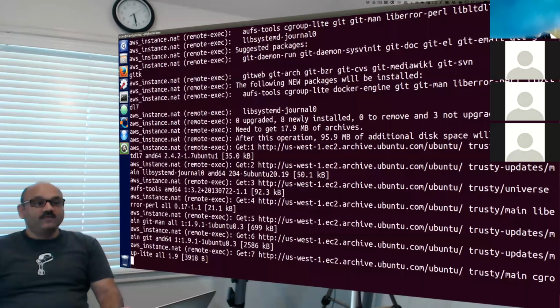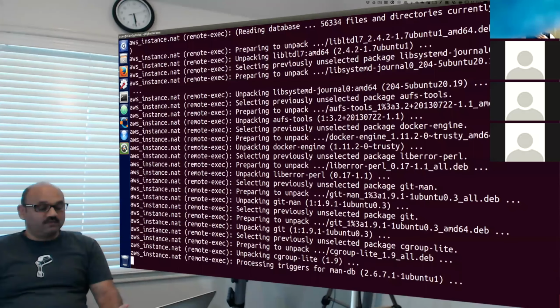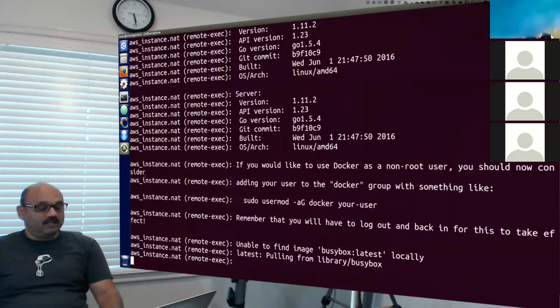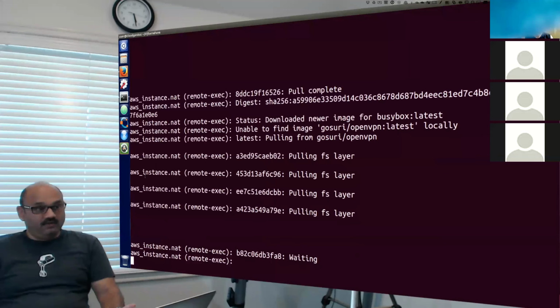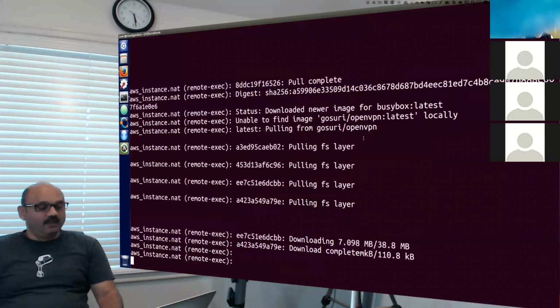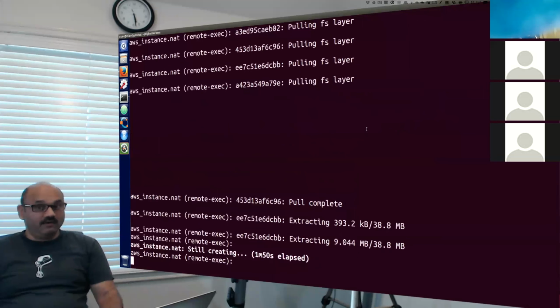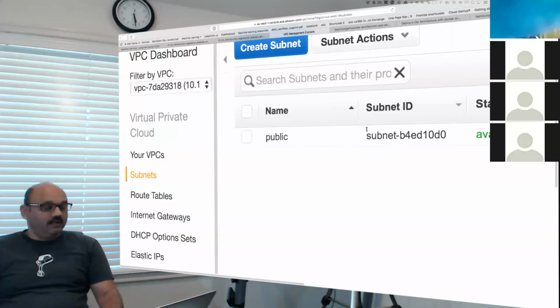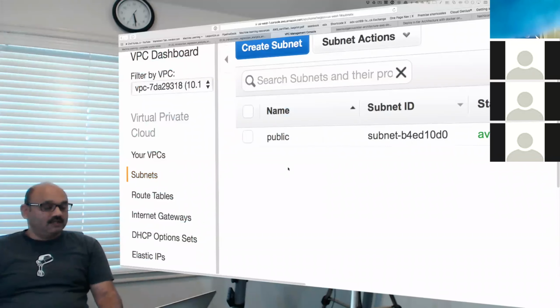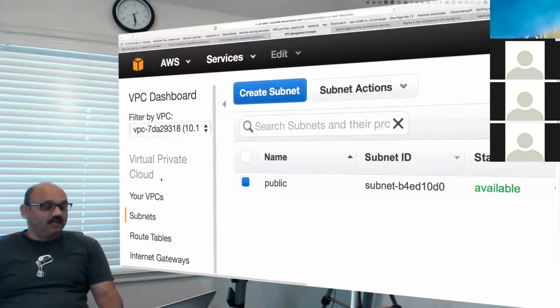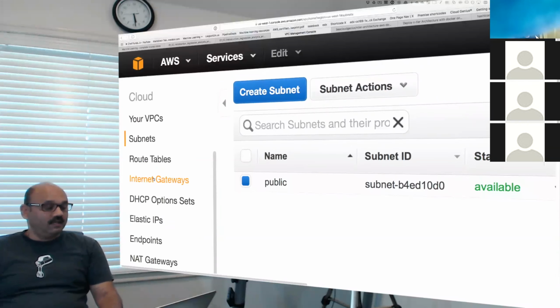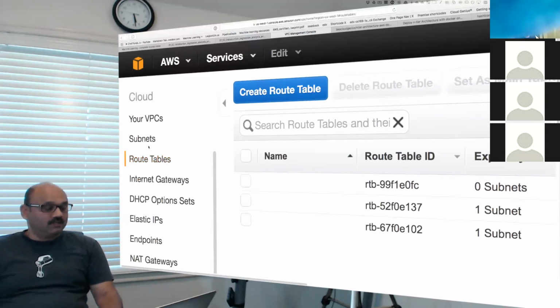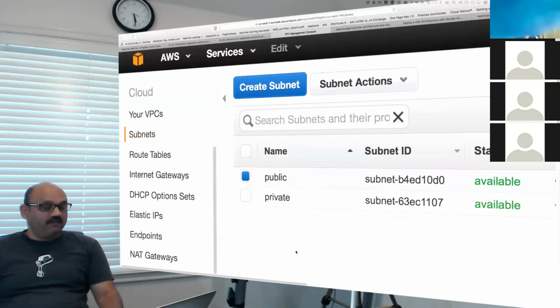We are building the NAT device from scratch. We are not using a ready-made AMI in this case. And we are also using a VPN software called OpenVPN here. And we are including that on the NAT device itself so that we can virtual private network into our virtual private cloud. And this subnet, which is a public subnet right now, we'll have another subnet momentarily, which will be a private subnet, as you will see. That will also pop up in just a few seconds. And so here it comes. The private subnet has arrived.